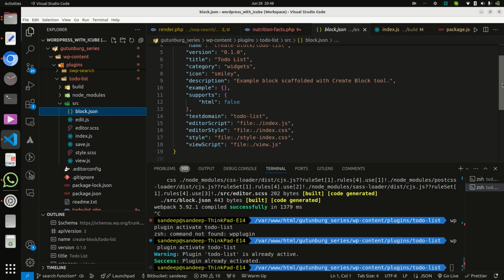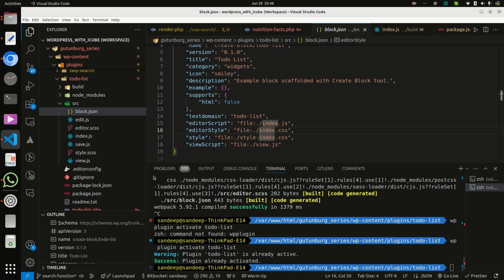Here we also define the CSS files: the editor file for edit, editor index.css, style index.css, and the view script view.js.